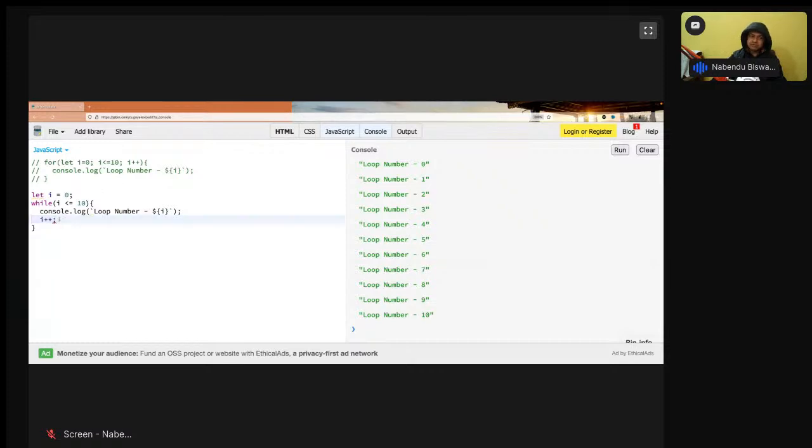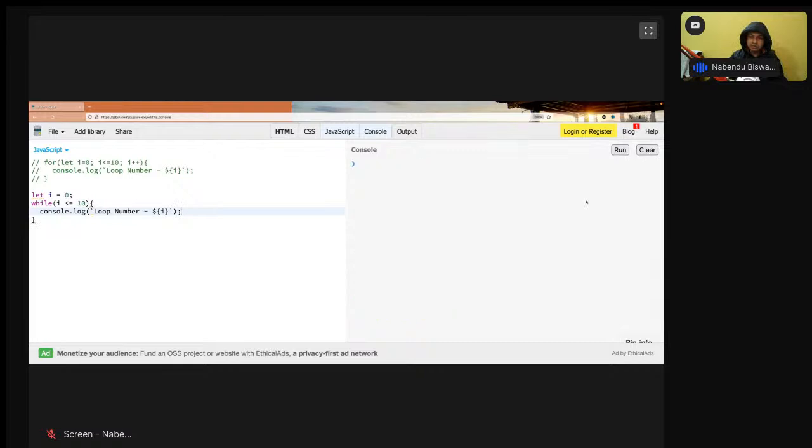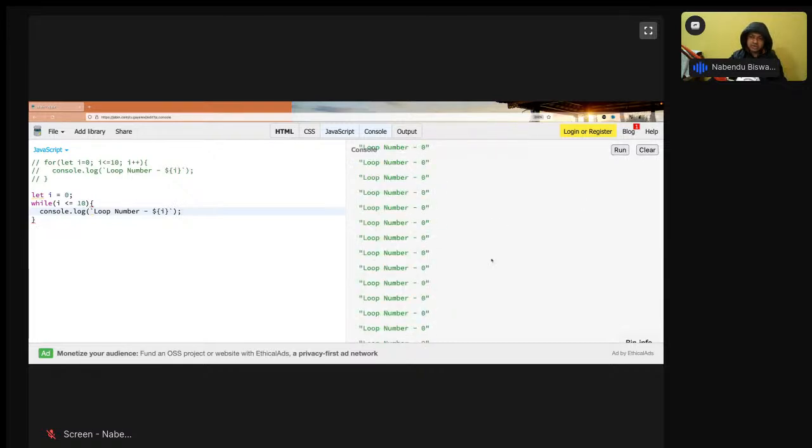If I forget to give this, it will go into an infinite loop, because see, I'll clear it and run it. Actually, it has gone into an infinite loop. It is still running. So that is the problem with the while loop. If I forgot it, it will go into an infinite loop. If I forget this increment statement,